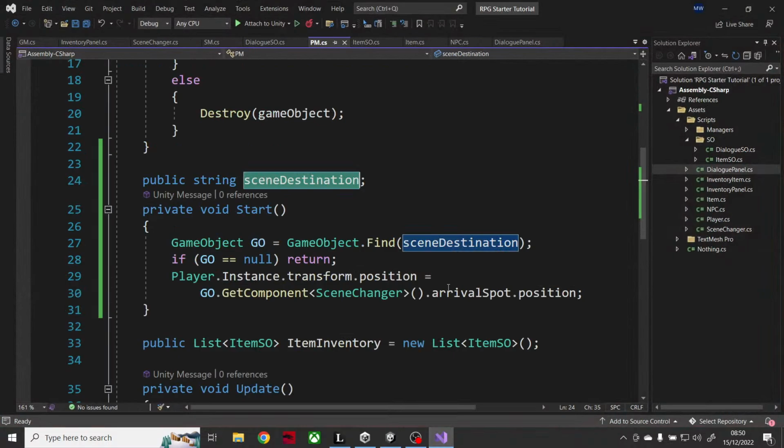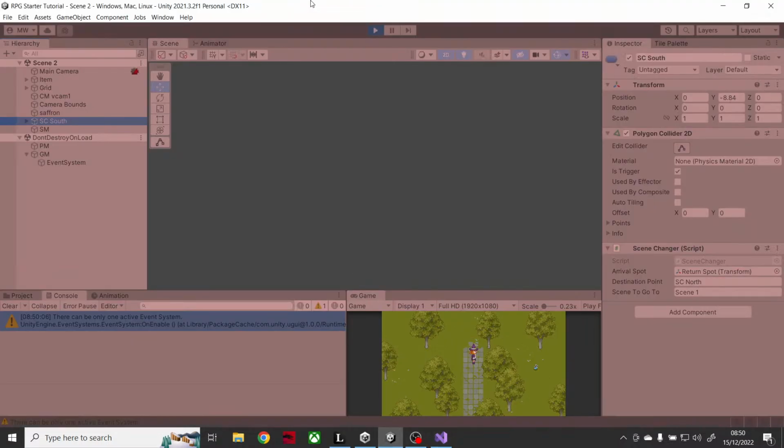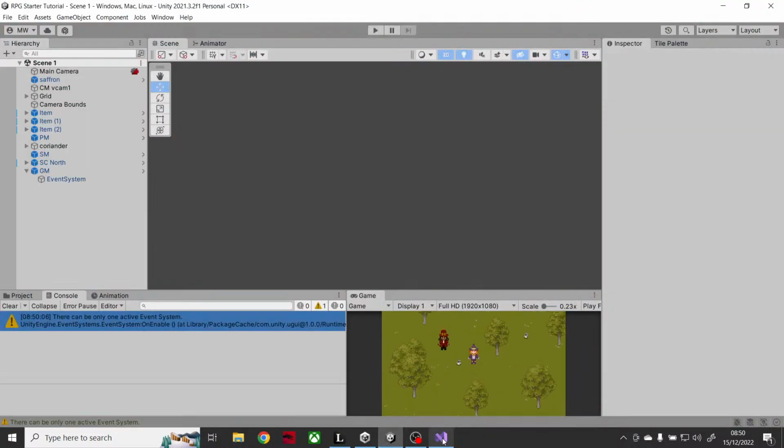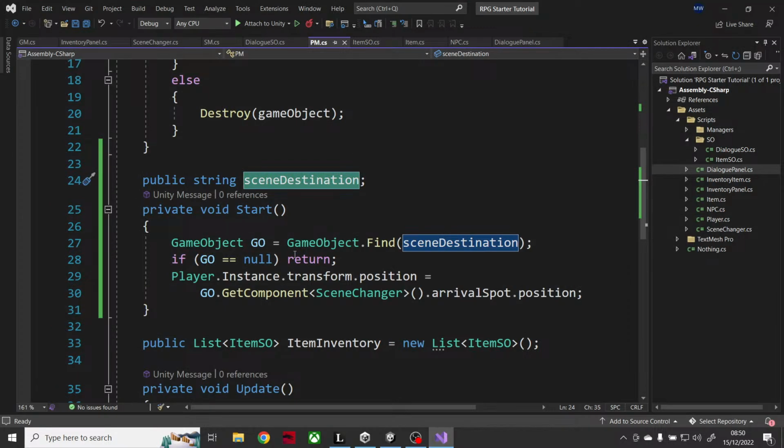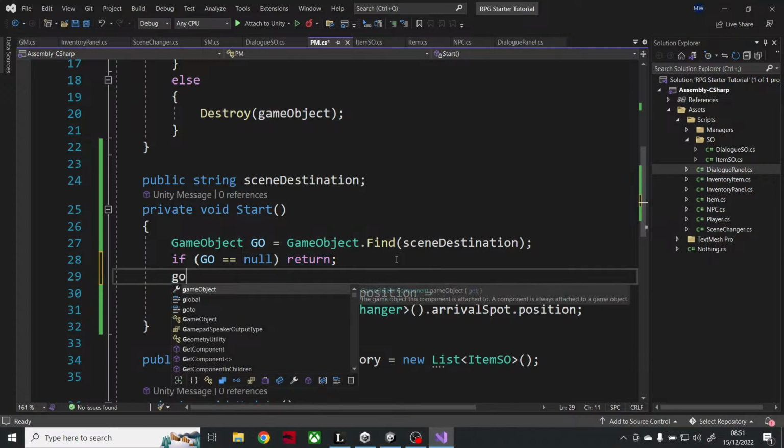Player manager. Let's stop the game first. And player manager is going to say if it's equal to null, return or do this stuff. And let's find out geo dot